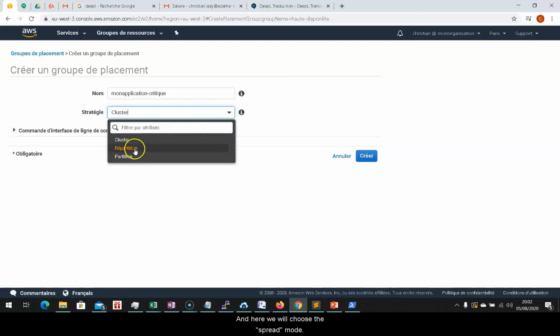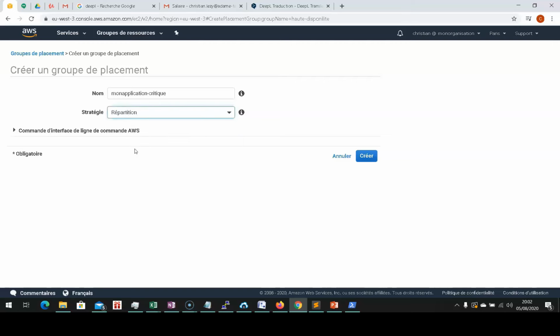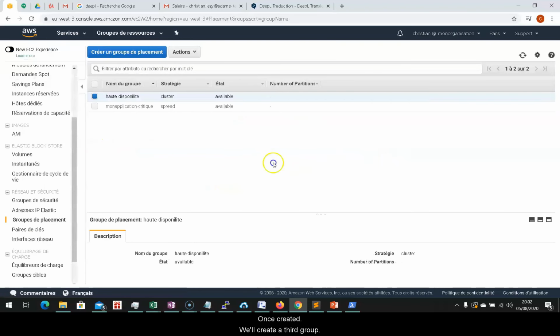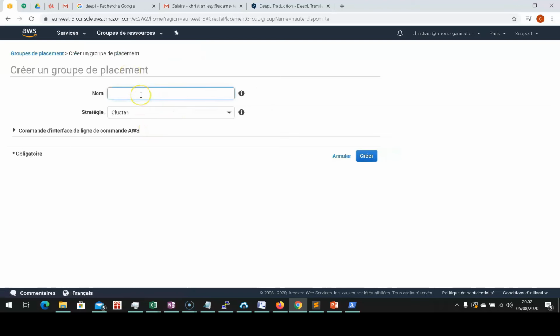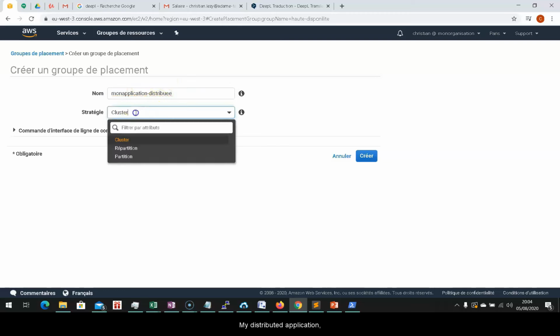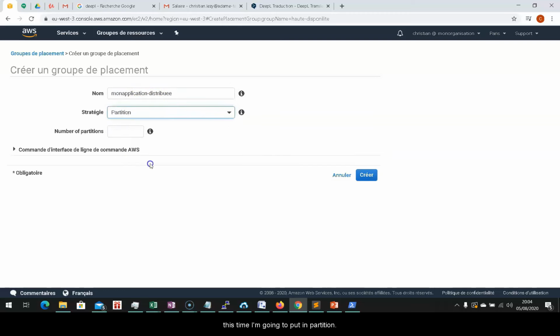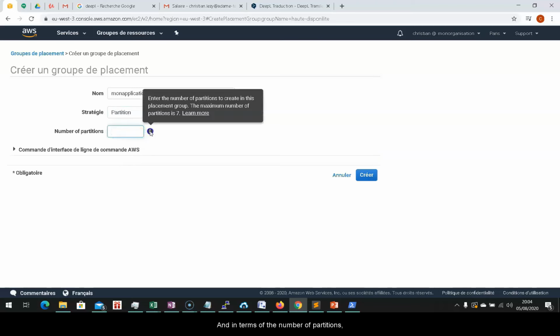And here we'll choose the spread mode. Once created, we'll create a third group for my distributed application. This time I'm going to put it in partition mode, and in terms of the number of